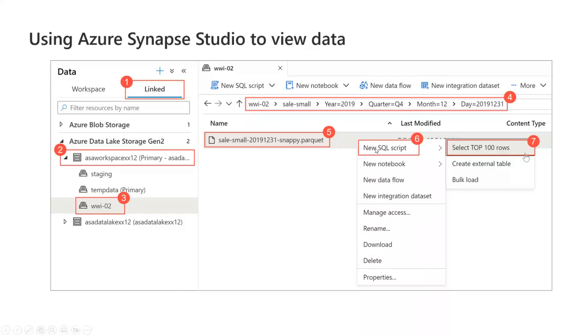Selecting it, you're gonna be able to right click on that and have a contextual menu with some actions. You want a new SQL script, and for instance here choose select top 100 rows, right? So that's one way of exploring your data very quickly.